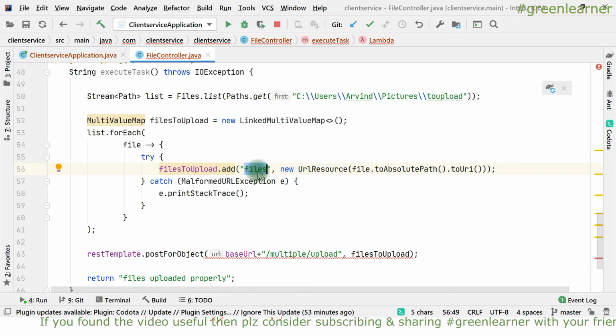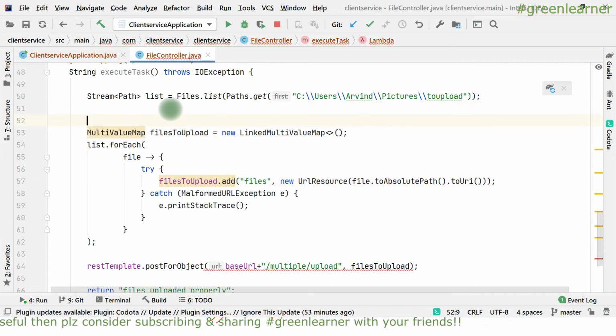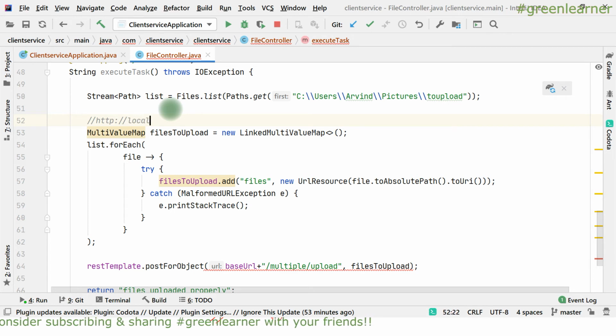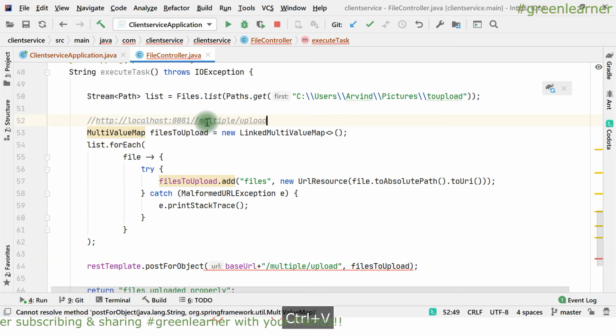New URL resource it is doing, and to absolute path to a URI. So if you remember how we were doing the multiple file upload option from the browser, so we were giving that with the same name files by separating, right? So same thing it is doing here. So what was the URL for that? Localhost, right?